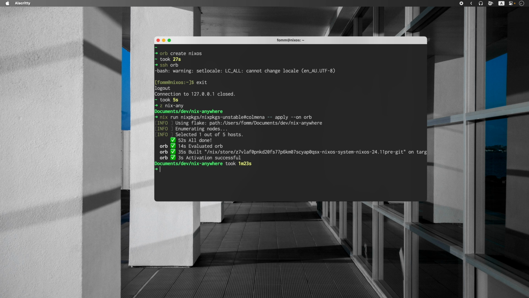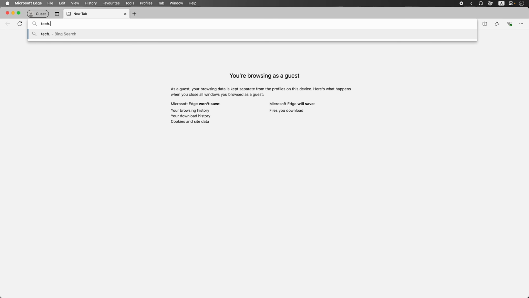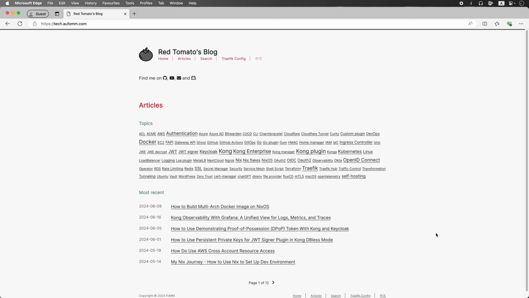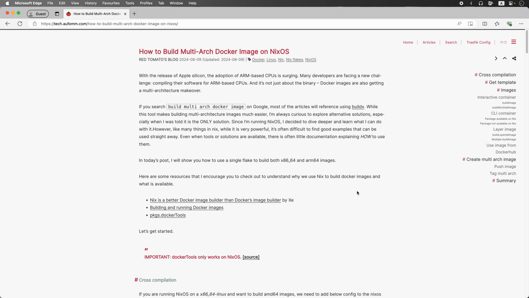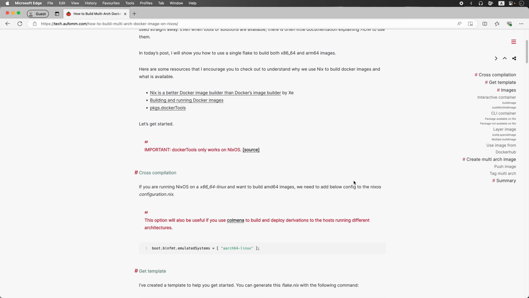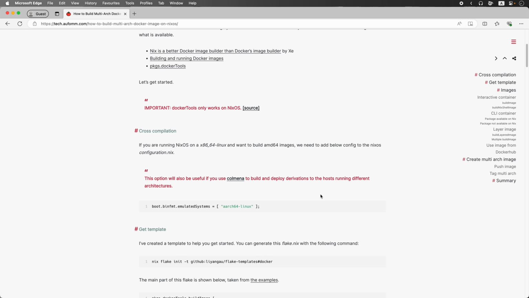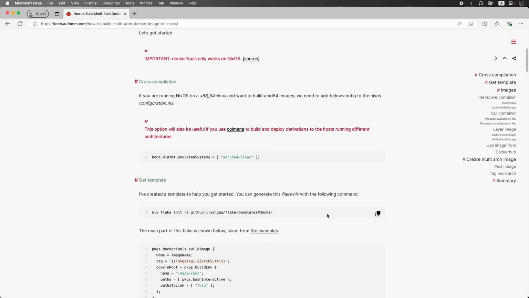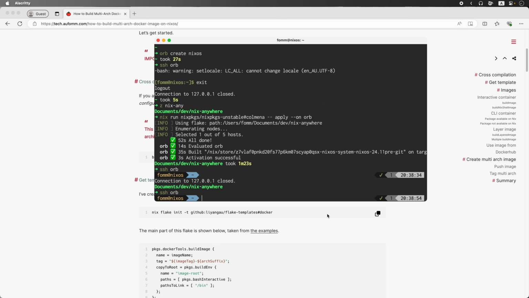All right, so it's done. So let's go to the NixOS again. Looks good. So next I'm going to open my blog post. Okay, so the first thing we will be doing is to get the template. So let's go to my server and then do nix flake init -t github, my username,